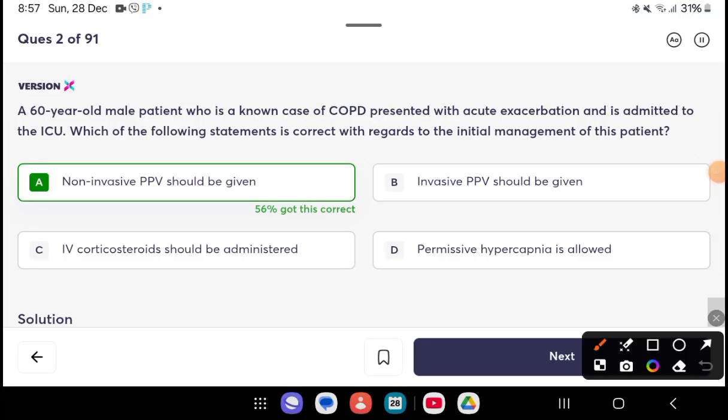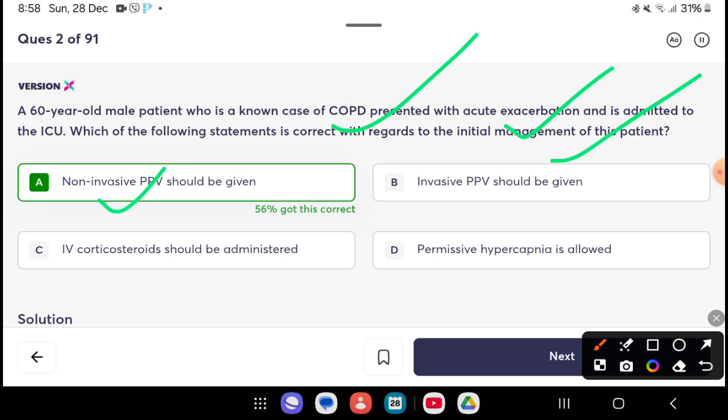A question says that a 60-year-old male patient, a known case of COPD, presented with acute exacerbation and was admitted to ICU. Okay, then what is the initial management for this patient? So we get the answer to this question. Initial management of this case is